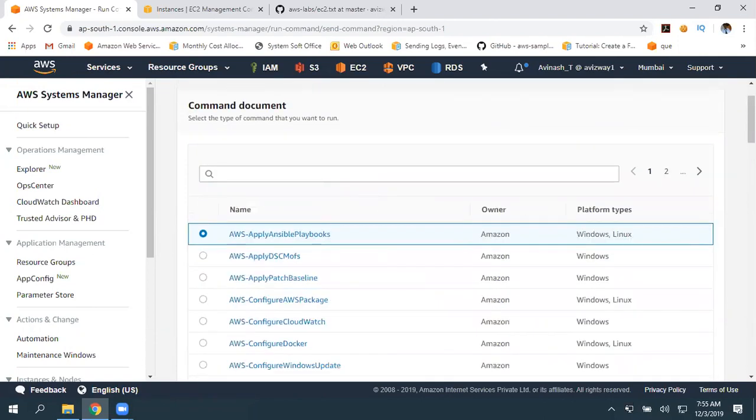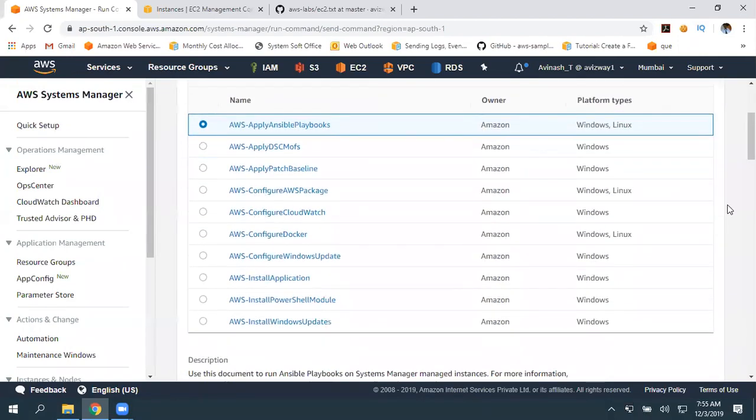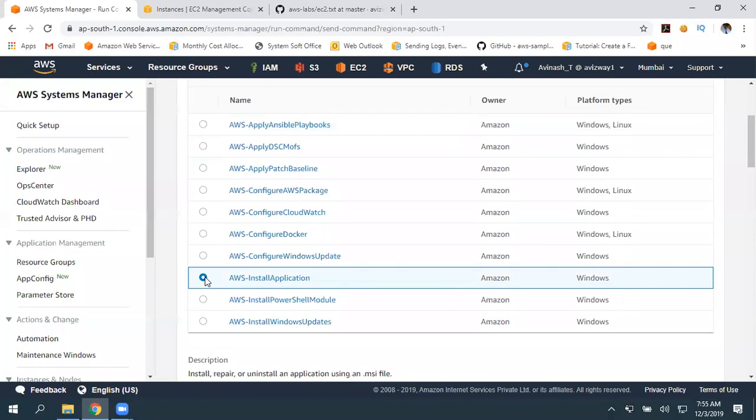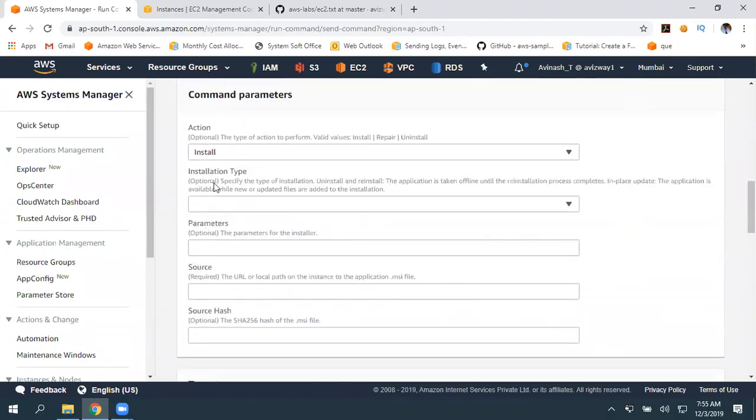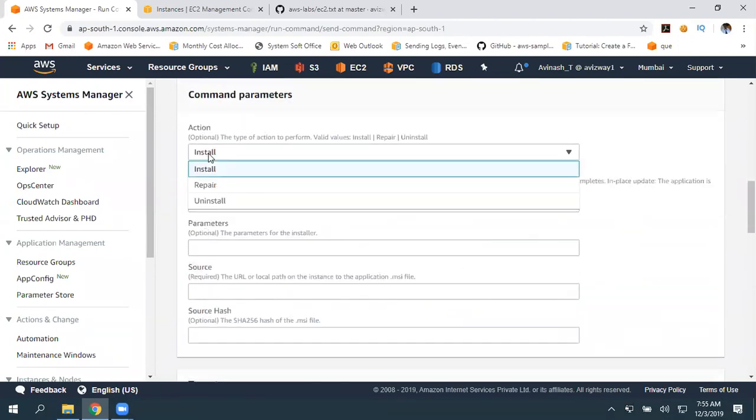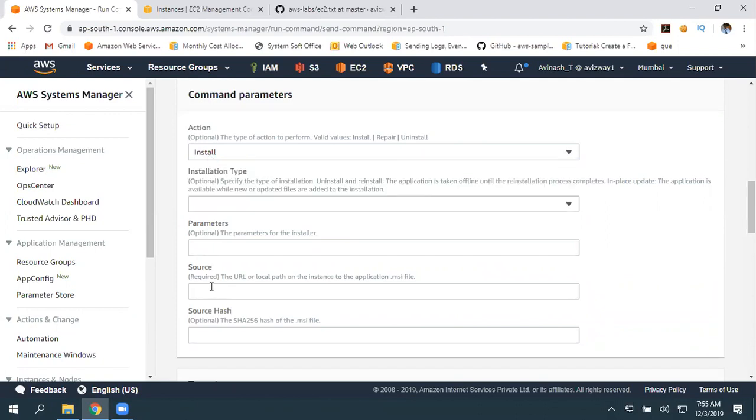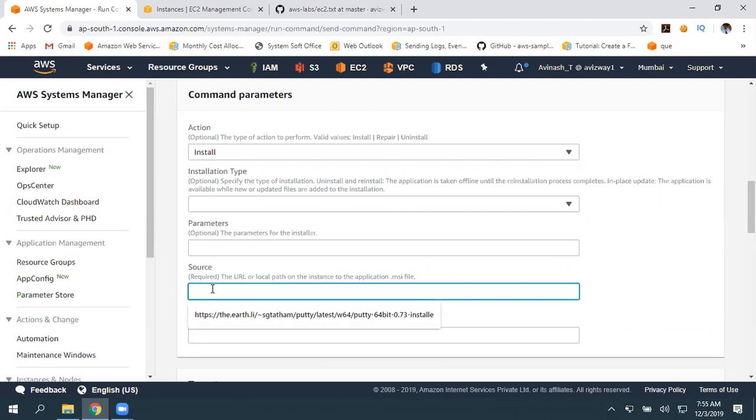So I'll take you through a couple of important ones. First, install application. If you want to install any application, you can simply use this feature. Scroll down here. We want to install, repair, or uninstall. You can select that. And what is your source file? The .exe or .msi file. Get that location here. Again, if that is on your local machine, there is no option to browse for it.